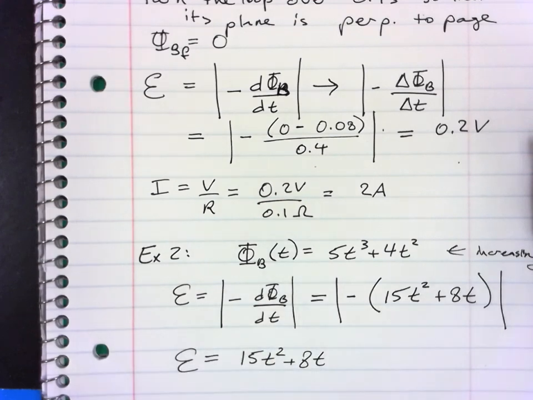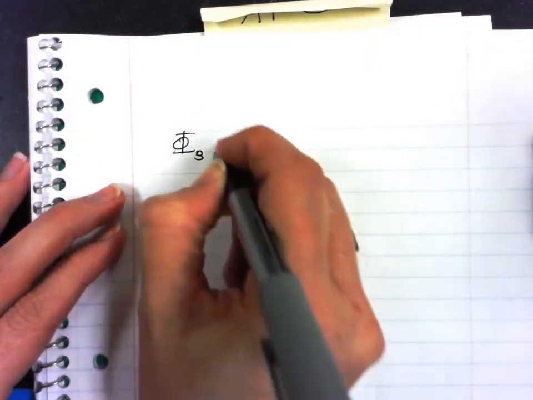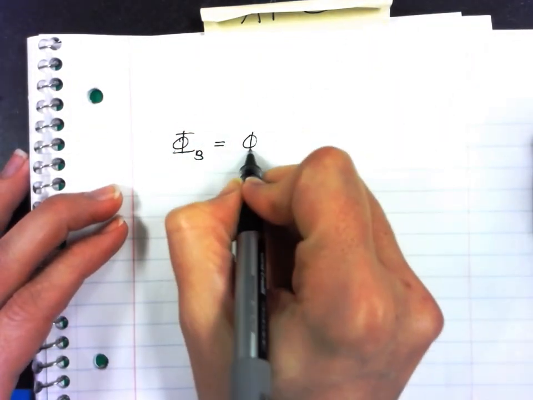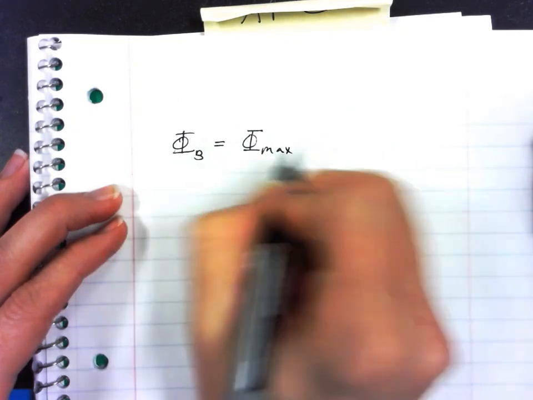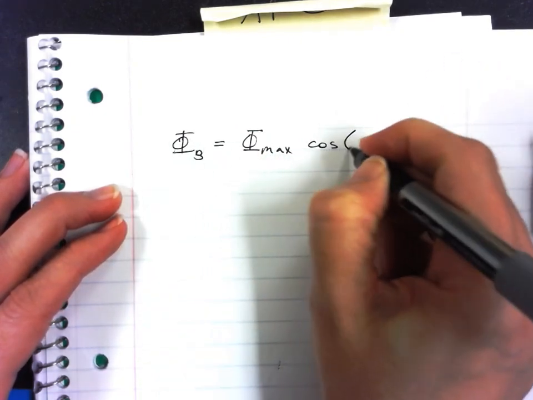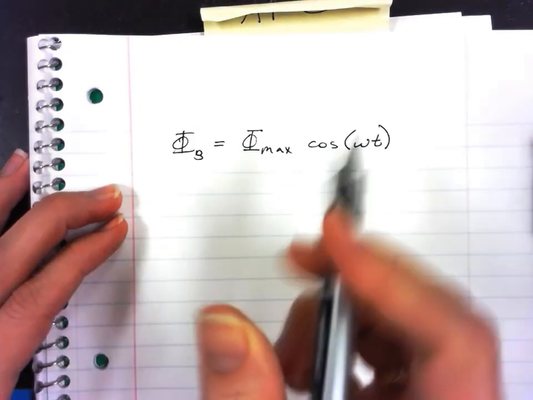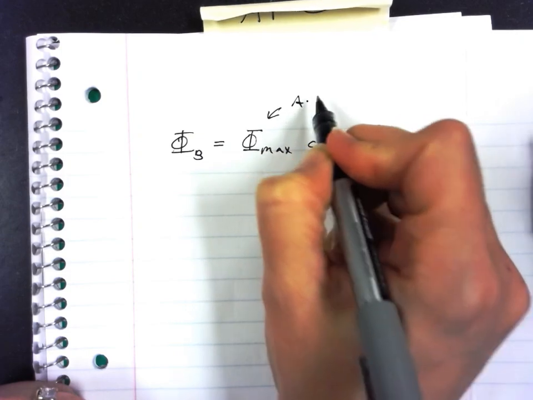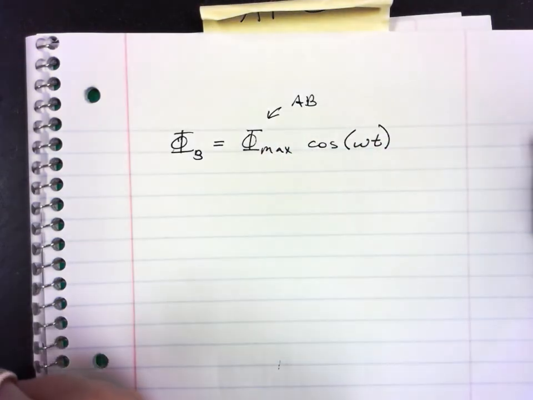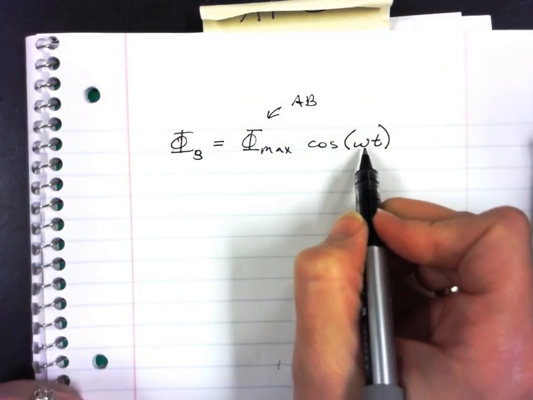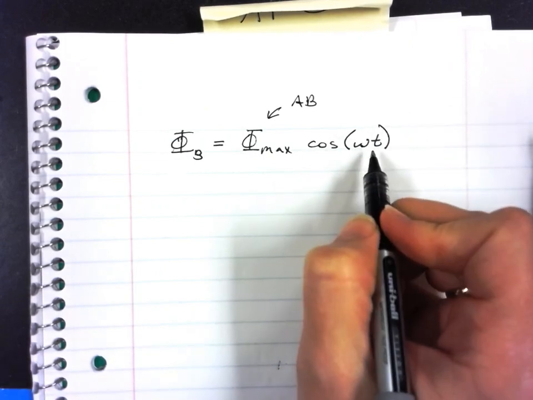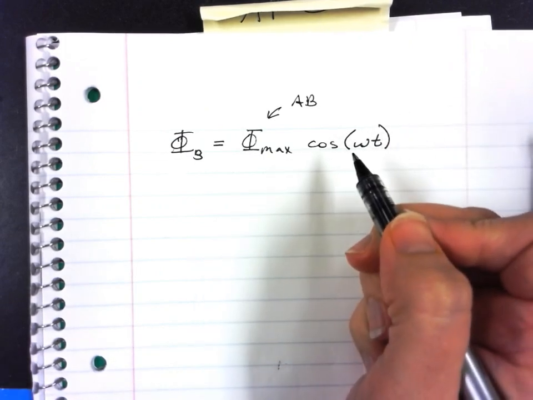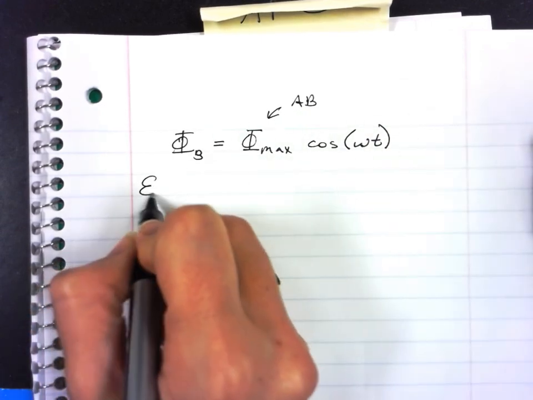Now, the last thing I want to point out about the calculus part is that if you have a magnetic flux, some maximum value where then the angle is changing. So this would be like the area of the loop. This would be the area times the magnetic field. And then you're going to turn it. So omega is how fast you're turning it. So if we take the derivative of this,